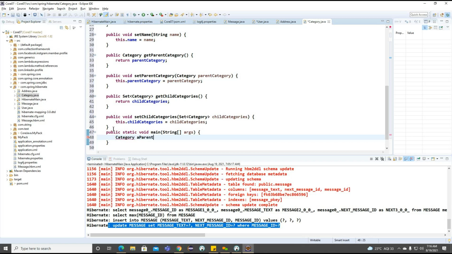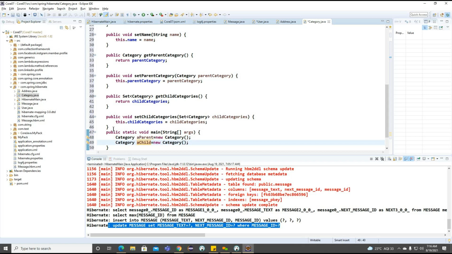Category. I want to create our parent category. Right, so this is our parent category. And we'll create one more category here, the child category.